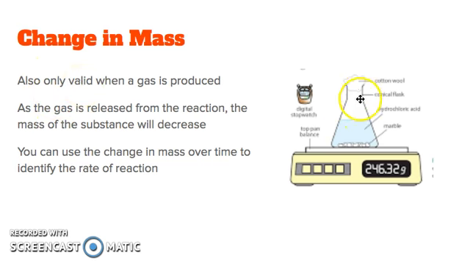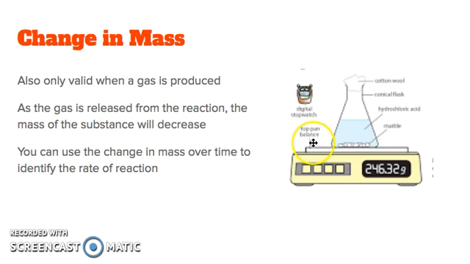The reason for that is because the reaction is going to take place on top of the scale, and as the gas is produced, it's going to lose mass, and then you can see the change in mass, or the mass lost over time, and the mass lost is actually the creation of a product. So as the gas is released, the mass of the substance will decrease,